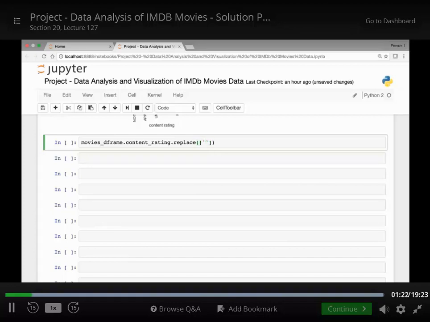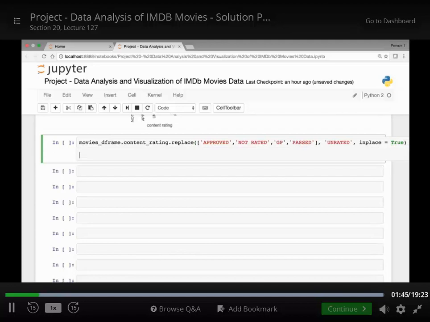So we'll replace approved, not rated, GP, and passed. We'll replace those content rating types with the type unrated, and then we'll pass an in place attribute and set that to be true. And let's do the same for the remaining content rating types. So movies data frame